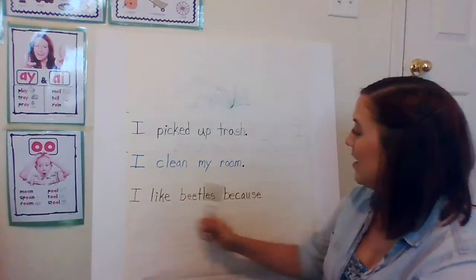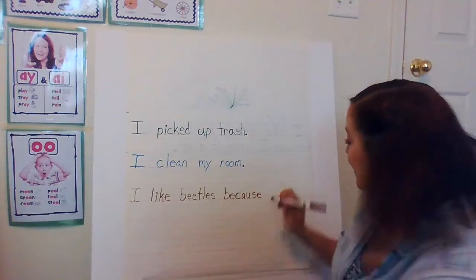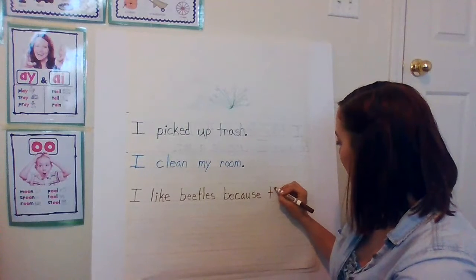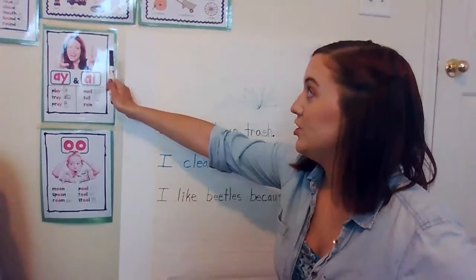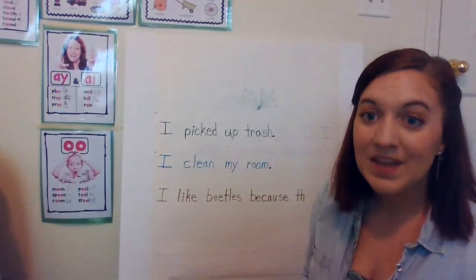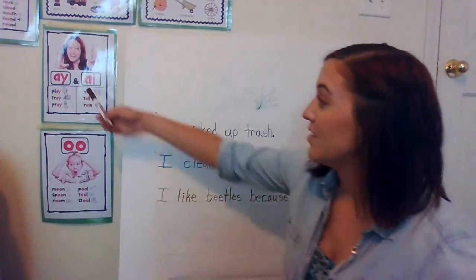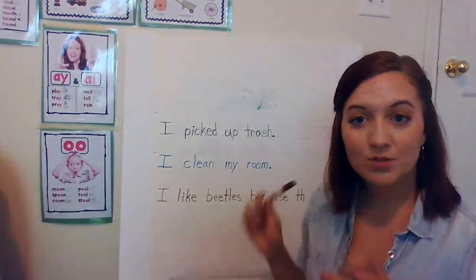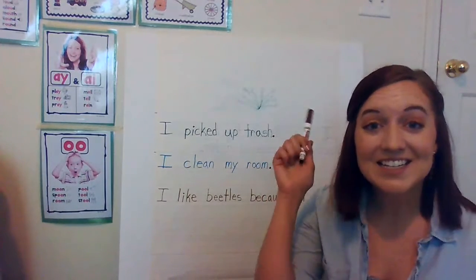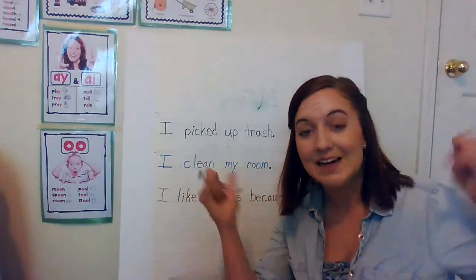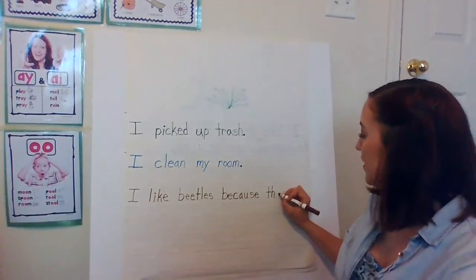I like beetles because they. The TH, just like what we were talking about before. A. Now, we have a poster over here that has 2 ways that we can make A. A-Y or A-I. Both of those say A. So if you used either one of these ways to write the word they, that's fine by me. This they, though, has different friends that are going "ay," and that's EY. EY also get together and they go "ay" sometimes. They,